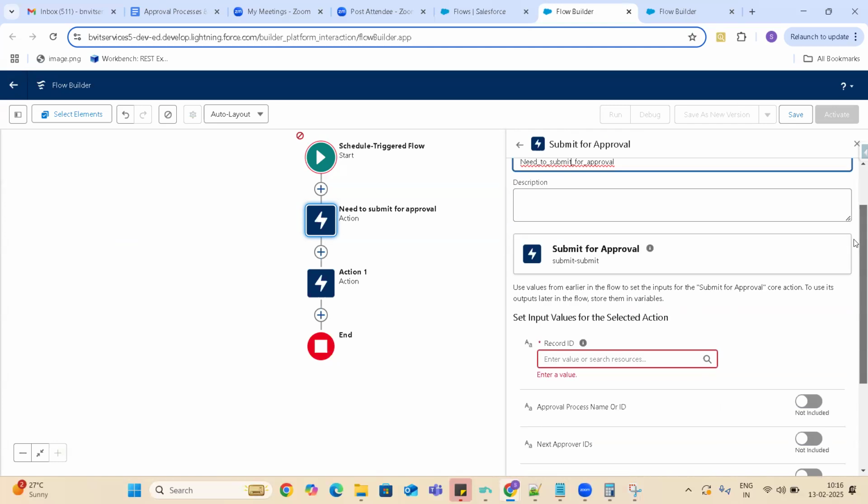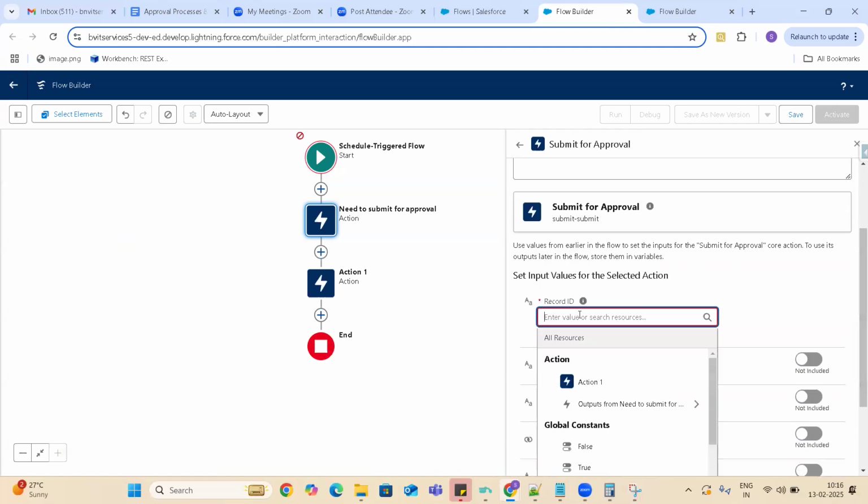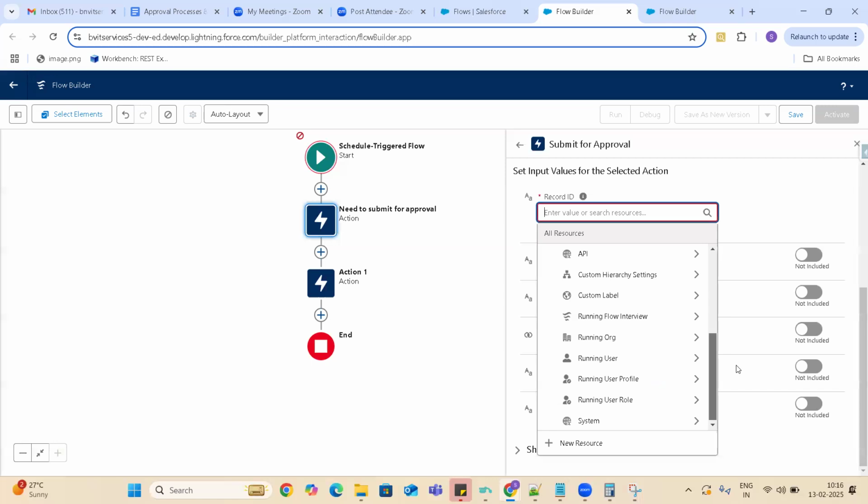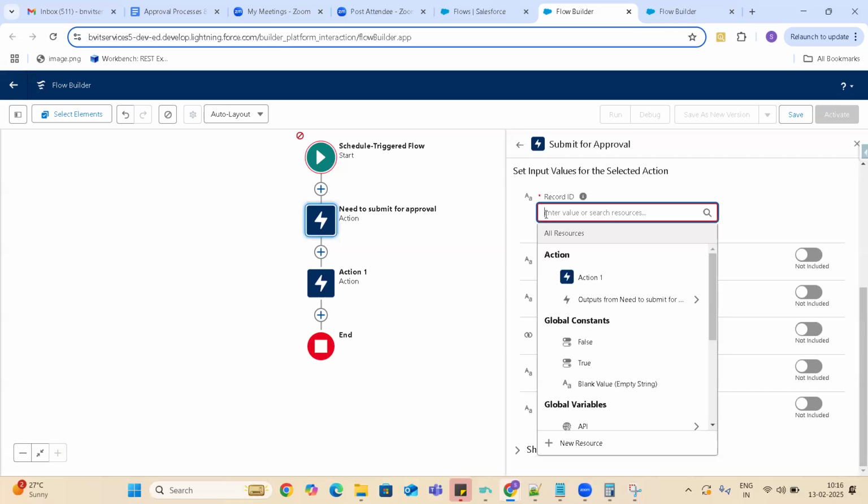Okay, so this is the record ID that we need to get. Basically, you need to pass the record ID from somewhere, guys, or else you can hard code the record ID. For right now, I'm hard coding the record ID. But if you want to pass the record ID, which I have already shown you, right? Except for the record-triggered flows, for all the rest of the flow types, you need to pass the record IDs. And how can you pass the record IDs is in the screen flows we discussed.